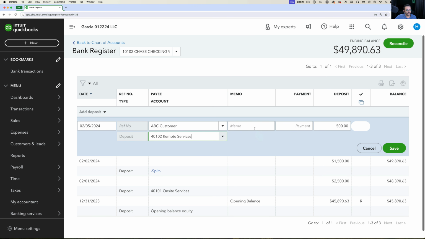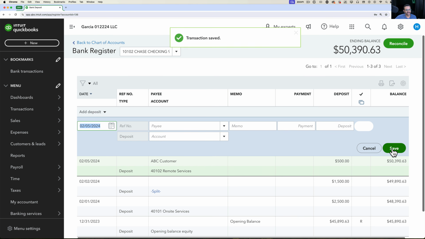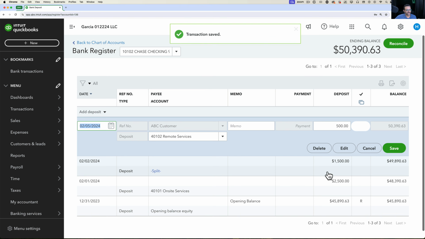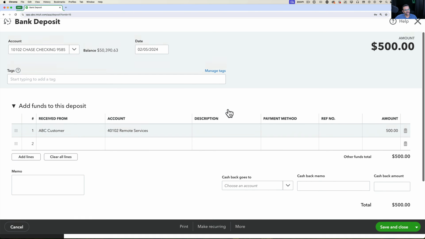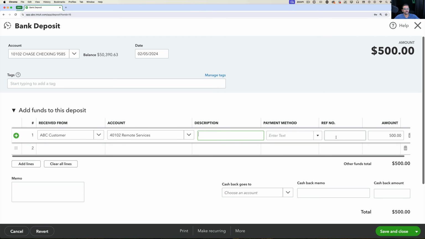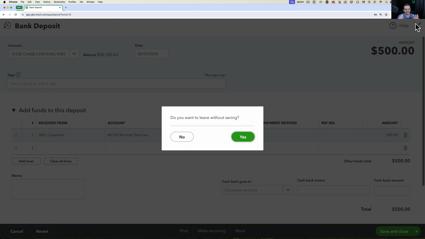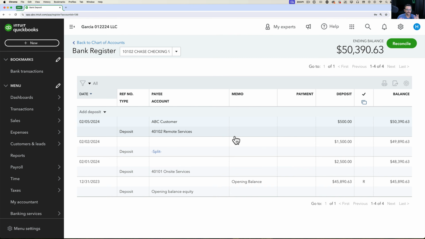I can select a memo if I want to. I notice that there's no space for putting a check number or payment type. If you want that, you actually have to save that transaction and then open that specific transaction, edit it, and then in here you will have to add the additional description, payment method, or reference number if you want to. So the check register is a lot more limited in terms of the amount of fields that you can enter,